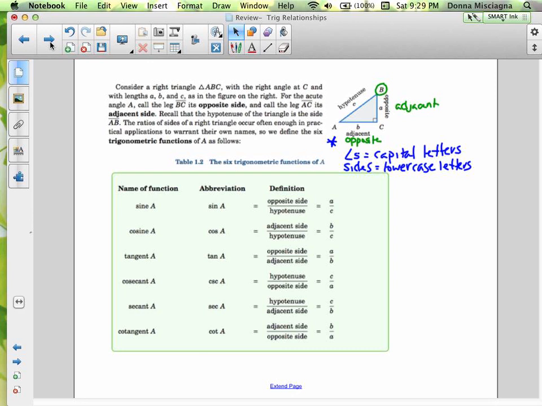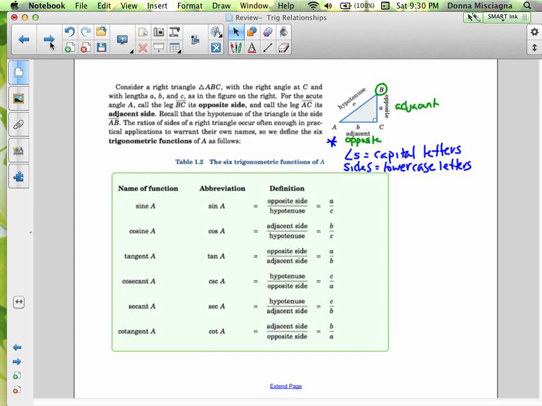Because in practice it's a pain to write all the sides with 2 letters when we're trying to solve equations and write ratios, we have another way to write the sides of the triangle. Angles are written in capital letters, sides are written in lowercase letters, and they're named for the angle opposite. So side b is opposite angle B, side a is opposite angle A,